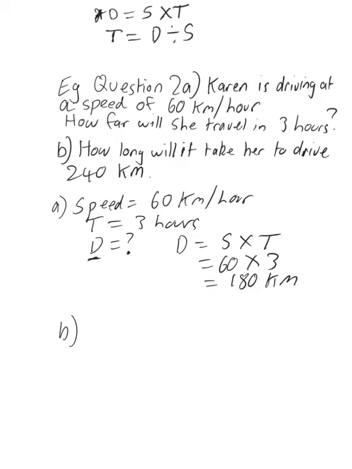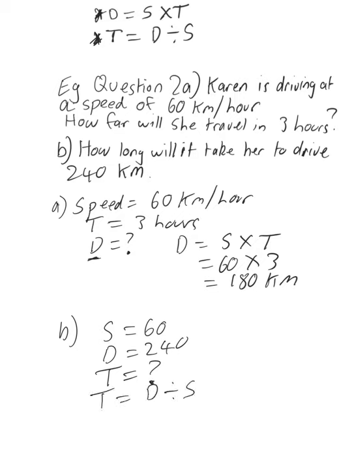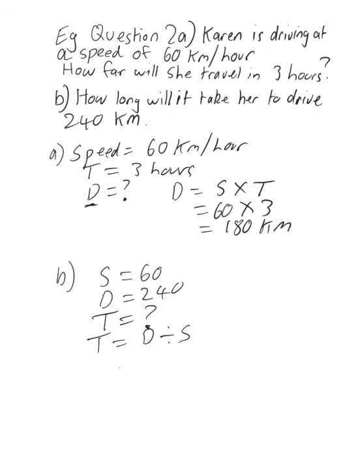Okay, and if we look at part B, so this was part A, if we look at part B, how long will it take her to drive 240 kilometres? So we know the same speed is 60, and the distance this time is 240, and what we're being asked to find is the time. Okay, question mark time. So we want this formula here. Time equals distance divided by speed. Okay, so we'll use time equals distance divided by speed. We're substituting our values given, so we're 240 kilometres divided by 60 kilometres per hour, and that will come to 4